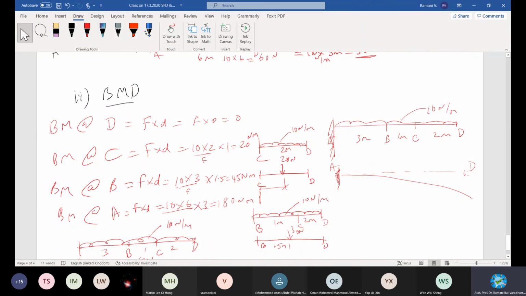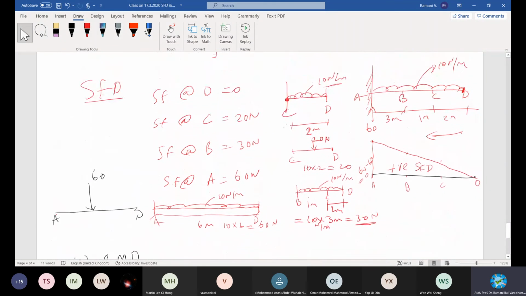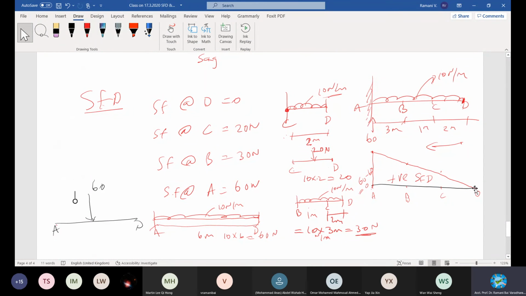And then let's find out the drawing. See, when you start drawing, it will be 0 here. Moving on, it will be slowly increasing, because the loading has started, right? It will be increasing to how much? 20 at this point, right? It will be increasing to 20 at this point. As the distance grows, the value is growing, right?